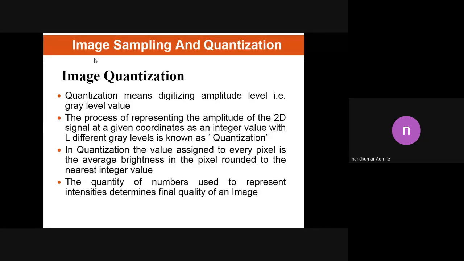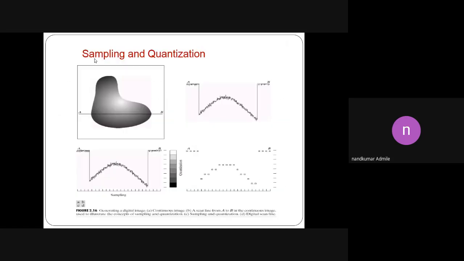So by using sampling and quantization, we can represent the image in the x and y direction, so in x and y coordinates. Okay, so here we can take one example, and by using this example, we can explain sampling and quantization in brief. Here we can take one analog object, one random image, which has an analog shape. Okay, everyone, see carefully.